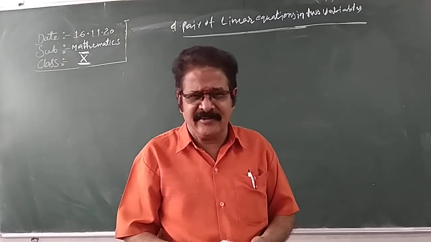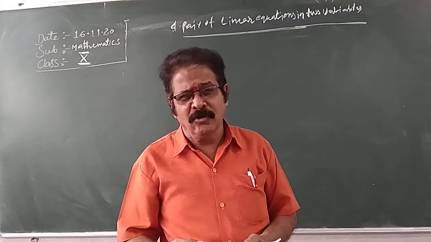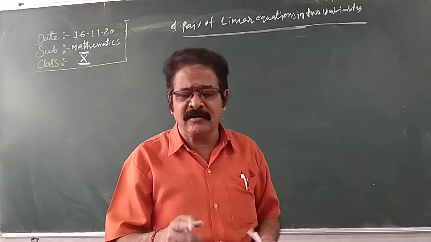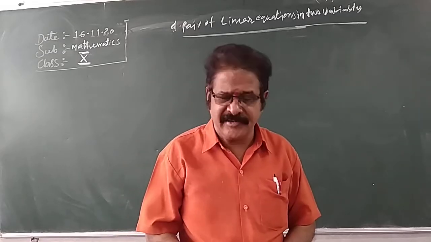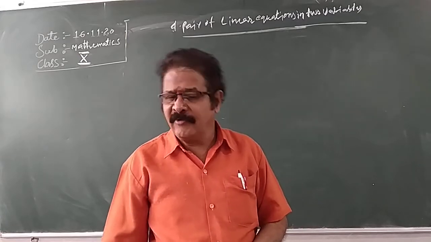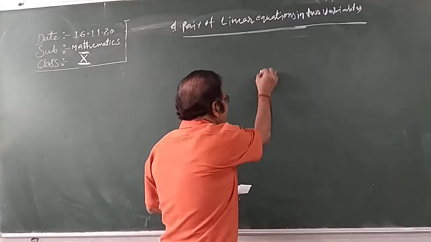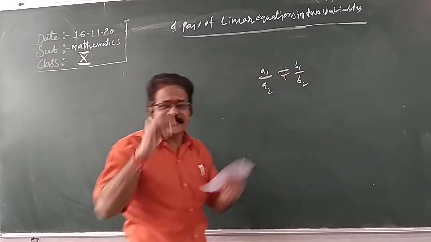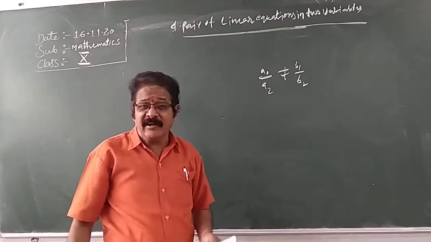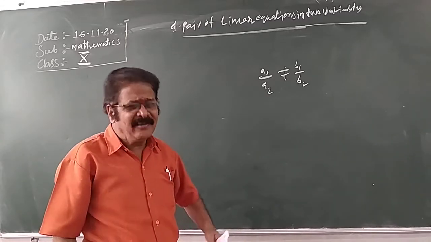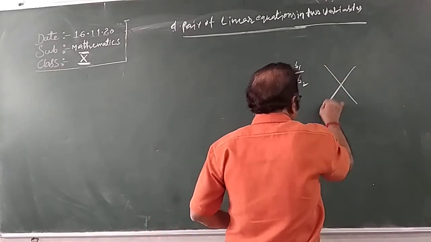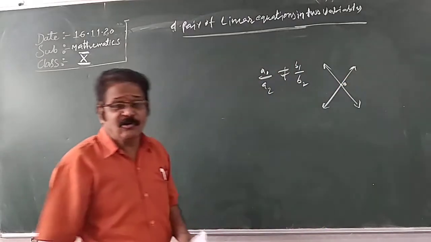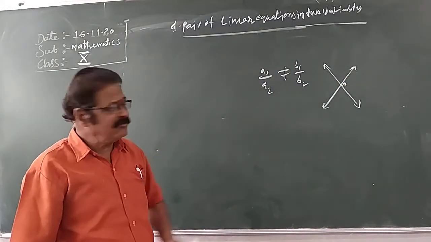This we discussed in the last class. So before you check whether they have a solution or not, you need to compare the coefficients a1 by a2, b1 by b2, c1 by c2. Now compare. If a1 by a2 is not equal to b1 by b2, the two ratios are not equal, then they are intersecting lines. Intersecting lines look something like this. At O they intersect. O is the solution, the unique solution. Hence unique solution.